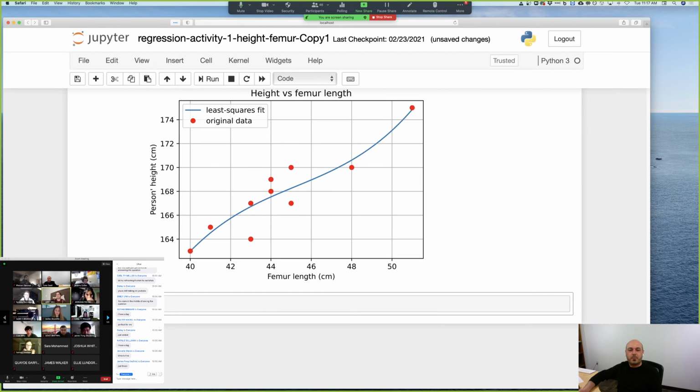What if, think about it for a moment, what if I want to play around with the form of that polynomial? Would polyval, polyfit allow me to do that? So let's